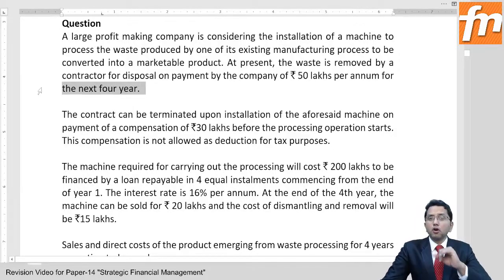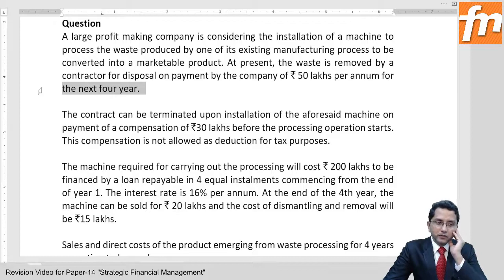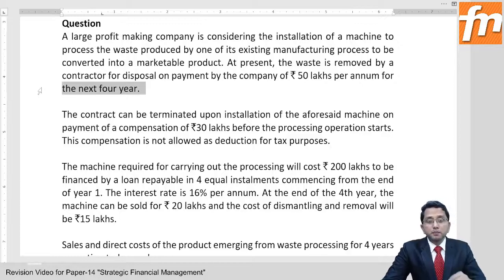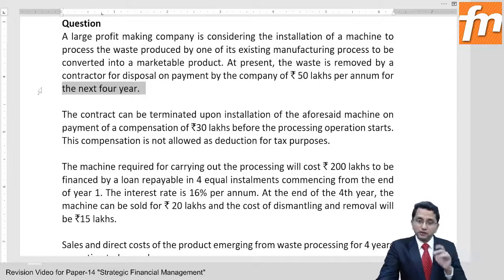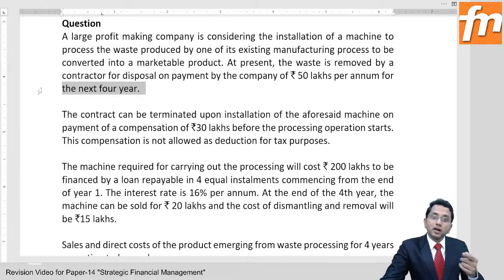So, what was the moral of the special points? Do not consider cash flows just because they are to be considered for the sake of accounting, but consider only those cash flows which occur due to the acceptance of the proposal. If you accept the proposal, this cash flow will occur, otherwise it will not occur. Only those cash flows which are caused by the project, which are caused by acceptance of the proposal should be